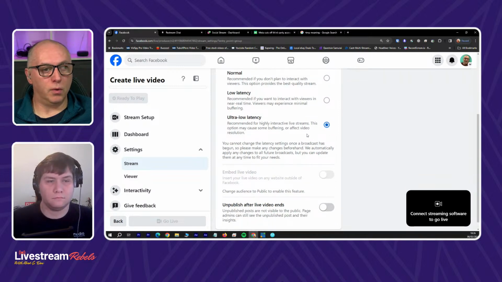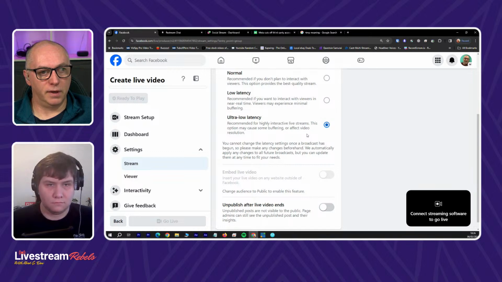Now, if you put it on low latency, you need to make sure that you've got a decent broadband or internet connection, because if you don't have a decent amount of upload speed, which is the critical factor for any live video, and you go into low latency, then you could potentially end up with a lot of buffering for your audience when they're trying to view the actual Facebook Live.